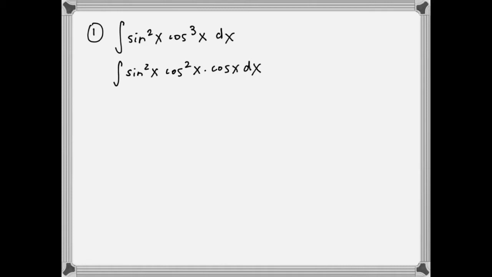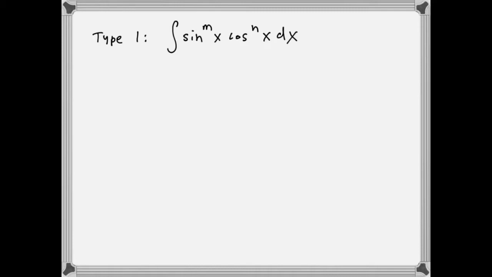Why did I peel a cosine off? I peeled a cosine off because the power of cosine was an odd number. We still don't understand how this is helpful, but that's coming, I promise. But let me write down the steps as I go. Step 1. Whichever one is odd, you peel that off. So let me just say if